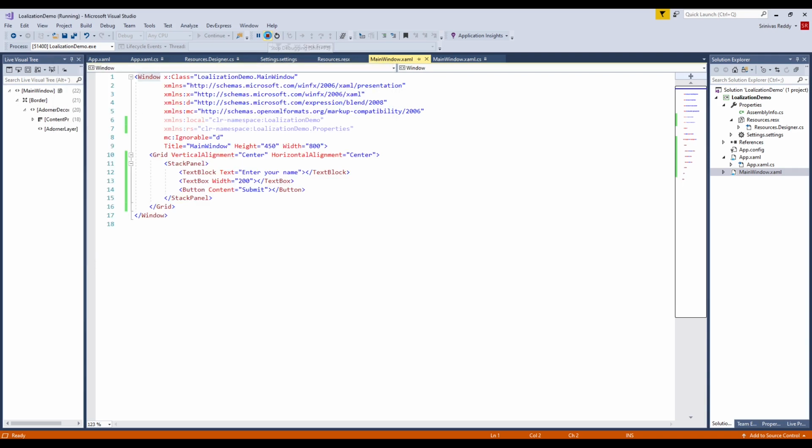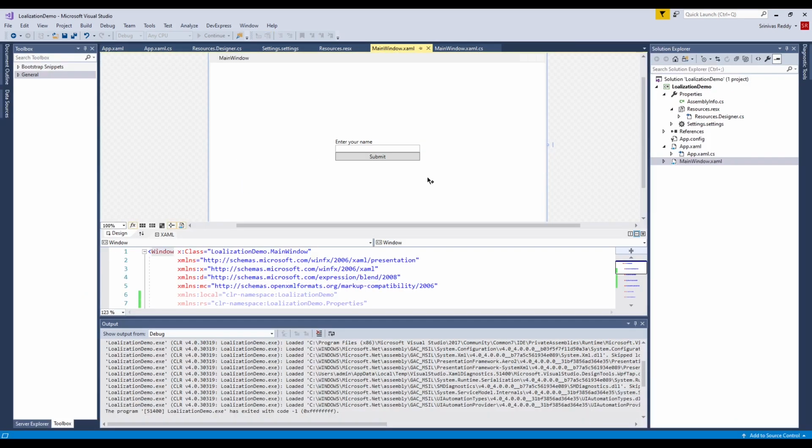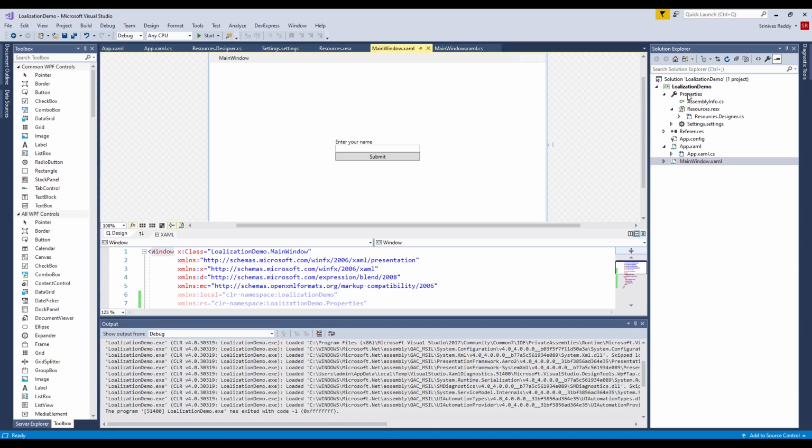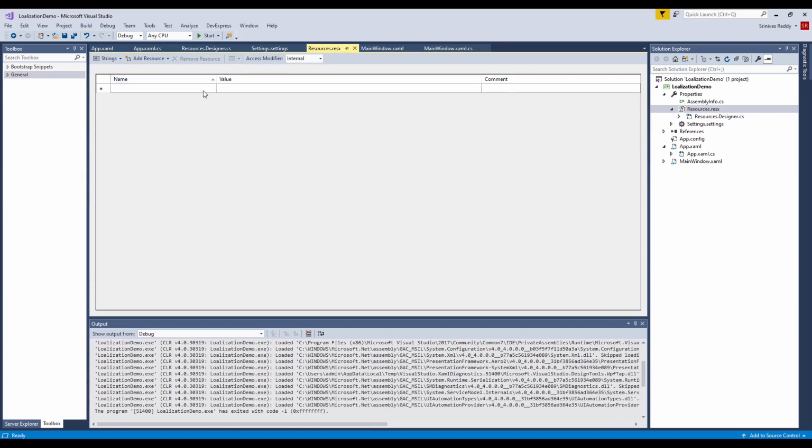Let's stop the application. The first thing that we have to do is, inside Properties we have Resources. Here we have to define the resources. So let's define one resource for the label content, name underscore label, and let's give the value as "Enter your name".